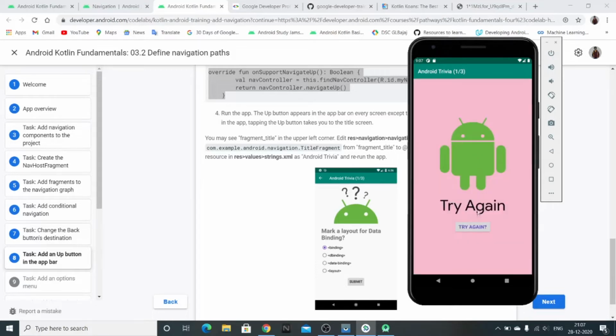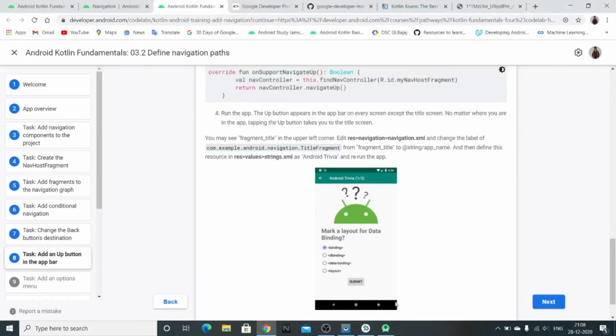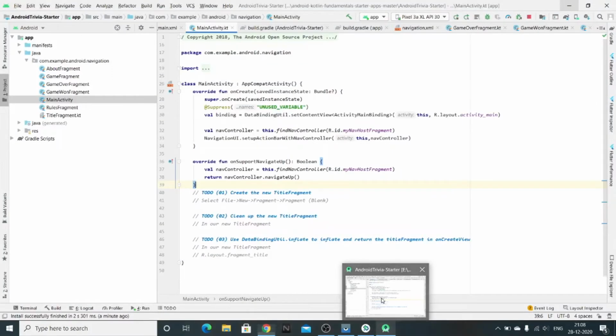And when I give the wrong answer, trying again will also take us to that questions, since we have coded like that. But when I click this back button, now you can see I'm getting back to this title fragment. So it seems that our code is working fine.